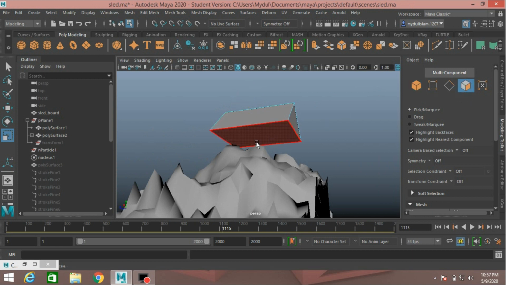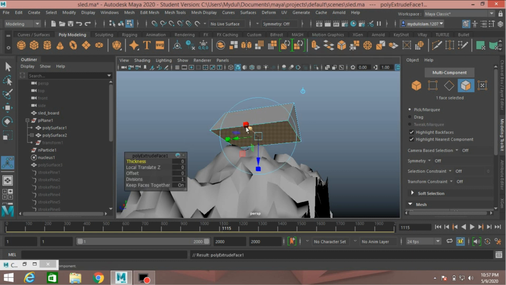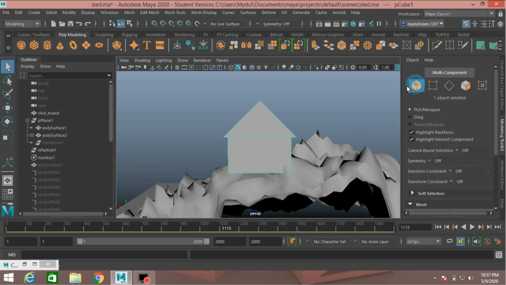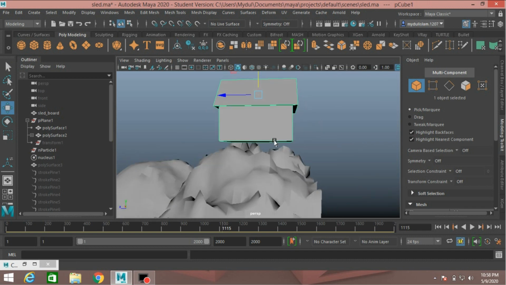Go to face selection mode, select this face, click on this icon, this will activate extrude and scale just like this. Again extrude, move down, object mode, move it up just like here.